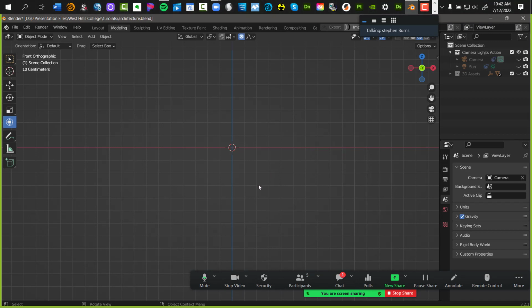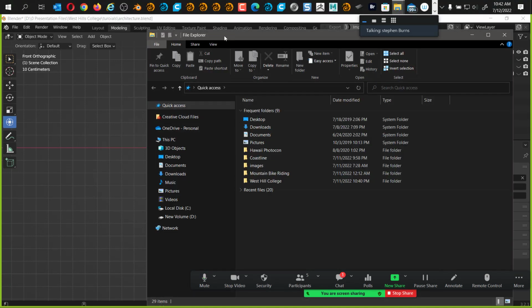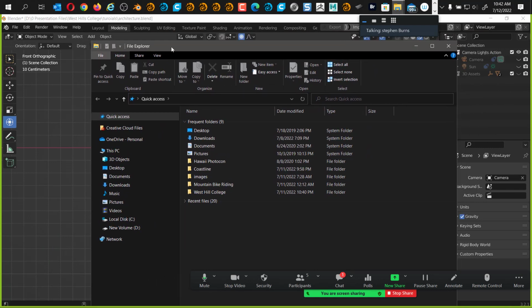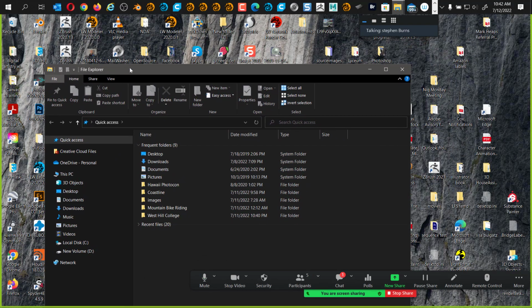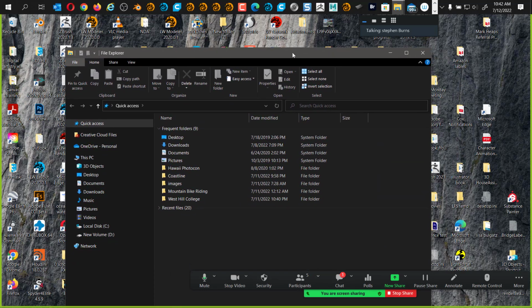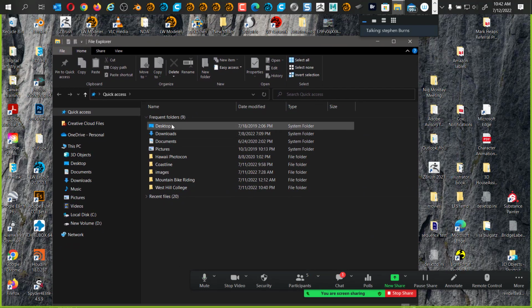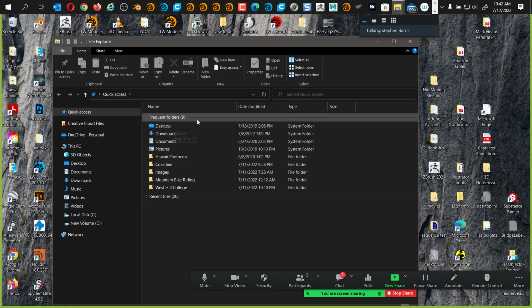Now this is what I need you guys to do. I need you to go get the image of the fire hydrant and drag it in. Now on your PC, if you hold down the Windows button and hit E, you get the Windows Explorer Navigator to come up. Okay. See it drop my Blender back there somewhere. It's not what I wanted to do. But anyways, if you go to your desktop, go to that folder I put on the desktop. So navigate to the folder I put onto the desktop.